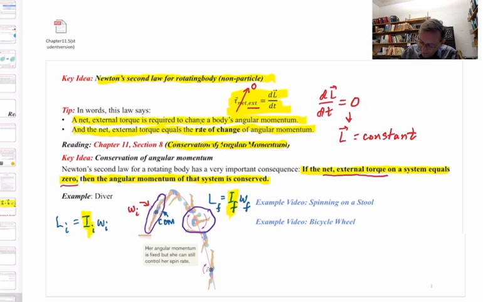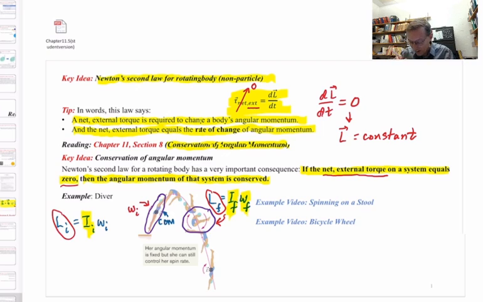But the L final must equal the L initial because the angular momentum must be conserved. So if the I got smaller in the final case, then the omega had to get larger. So in this final picture right here, there's a much larger angular velocity omega, in this case clockwise rotation. And that's what happens. As you watch the diver, you see more rapid spin, rotation about an axis through the